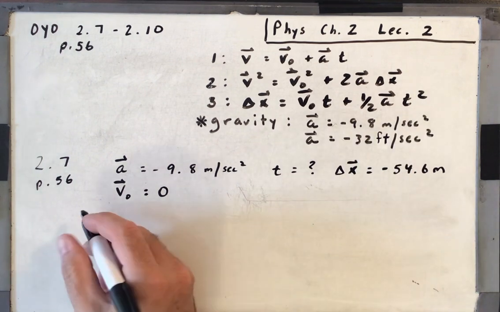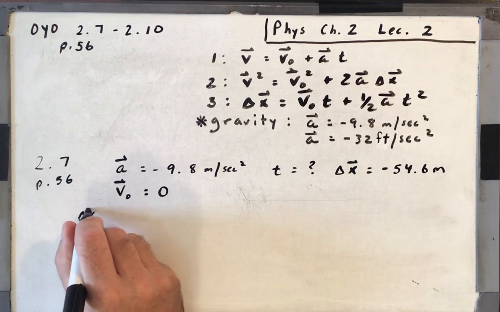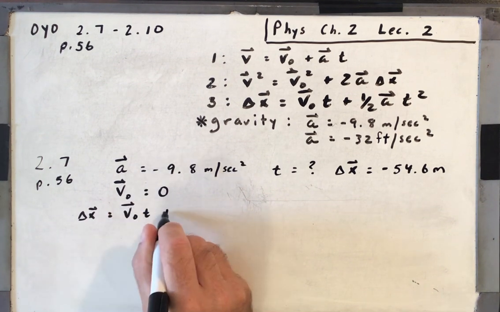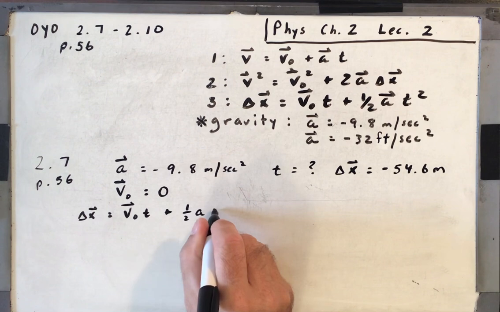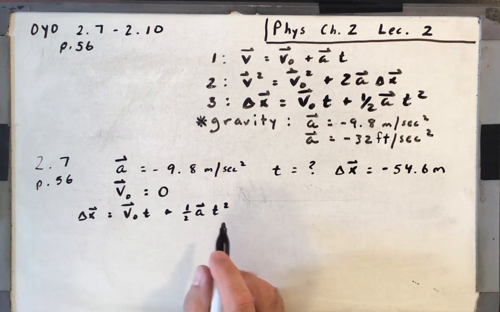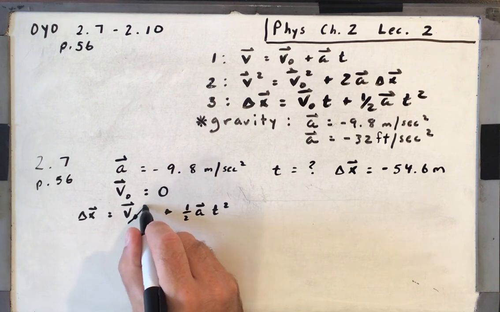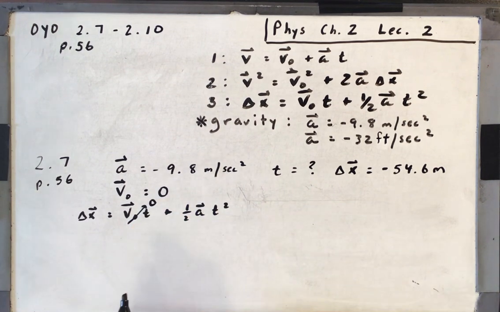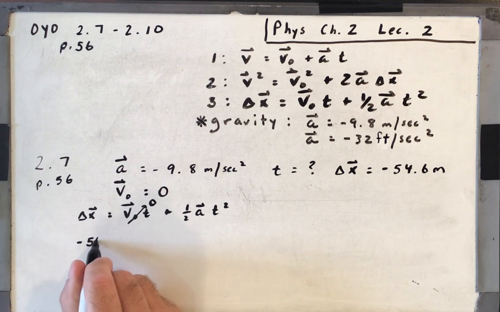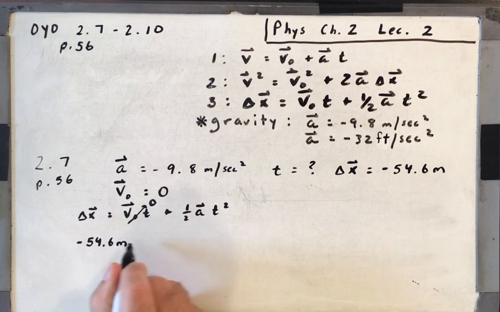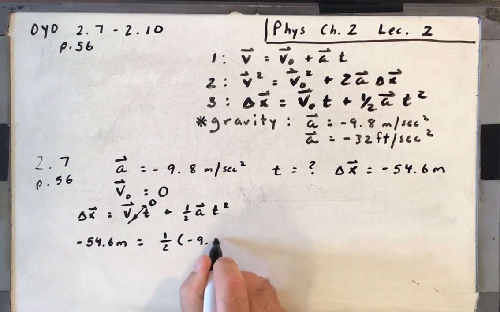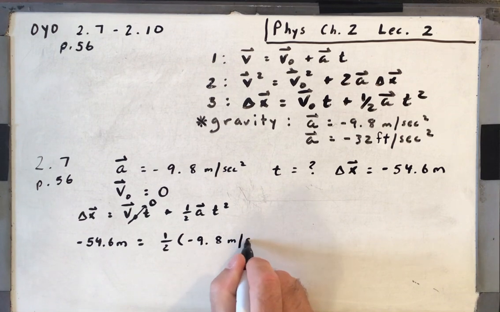Okay, so delta x is equal to v naught t plus 1/2 at squared. This is probably the most common equation used in free fall problems. And since initial velocity is 0, that whole section goes away. So let's fill in the numbers: negative 54.6 meters is equal to 1/2 times negative 9.8 meters per second squared